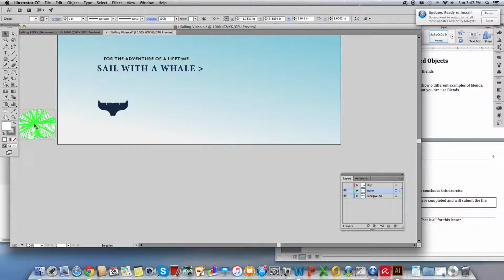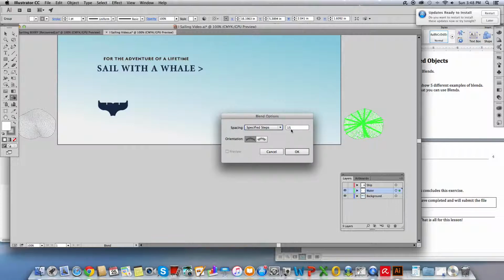So I'm going to hold my mouse button down, then my Alt or my Option key down, and drag over to the right. If you press the Shift key as well, it'll keep it directly in line with the previous object. Then release my mouse button before the 2 other keys. Now that I have that in position, I want to create a blend between those of 16 steps. So I'm going to go to my blend tool and double click on the blend tool, set the specified number of steps to 16,